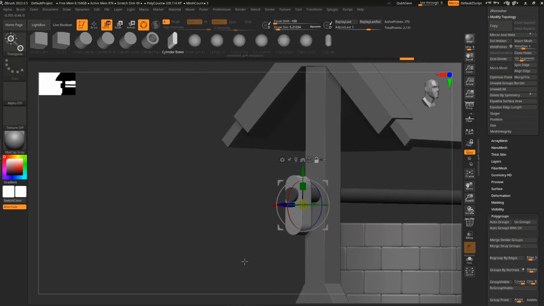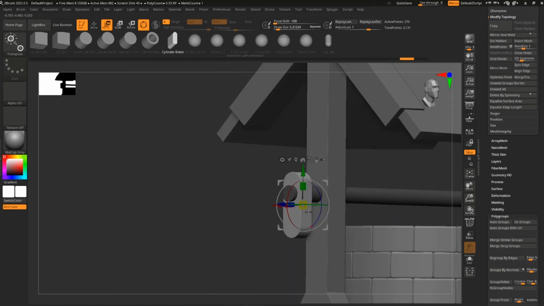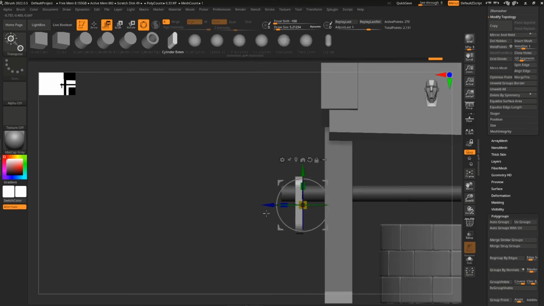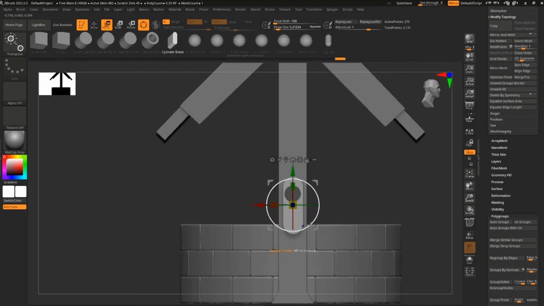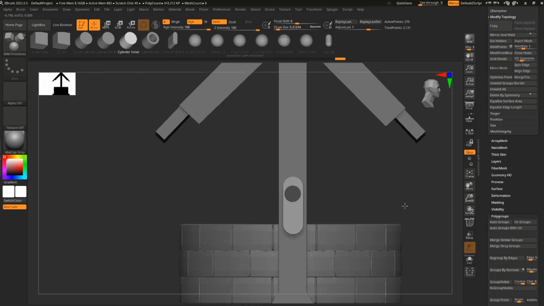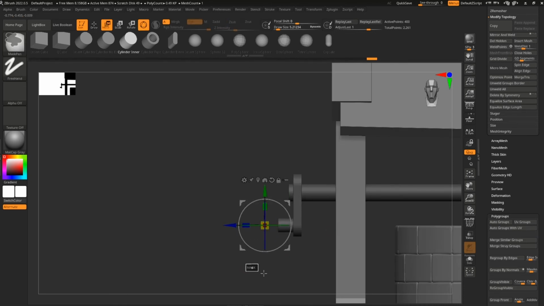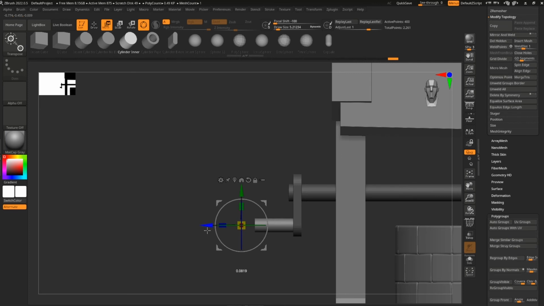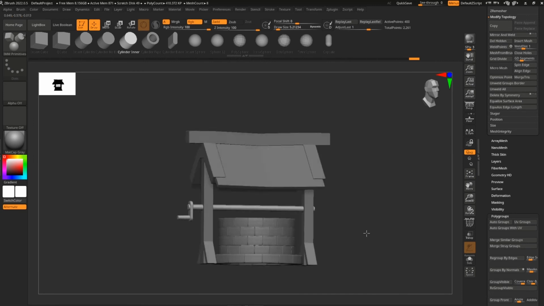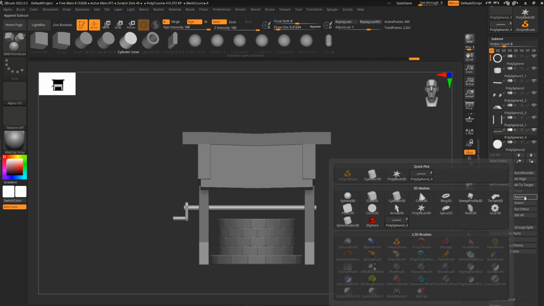So now if I come out from solo mode, we have this thing. Create another cylinder inner. And we have this thing over here. So now let's just quickly create the rope. To create the rope, it's quite easy. We will be using this